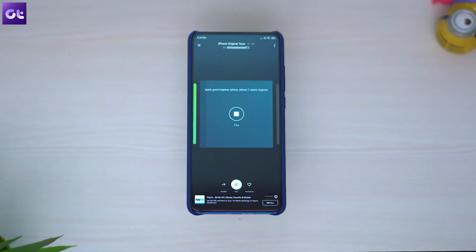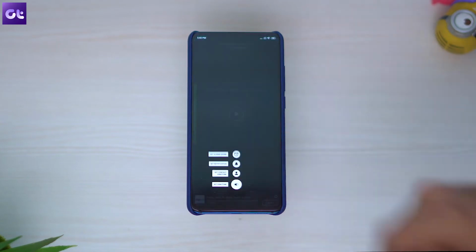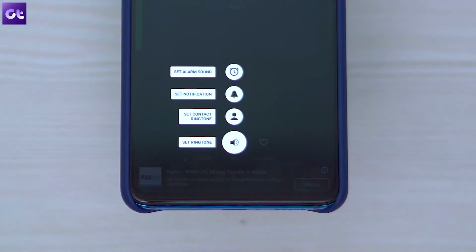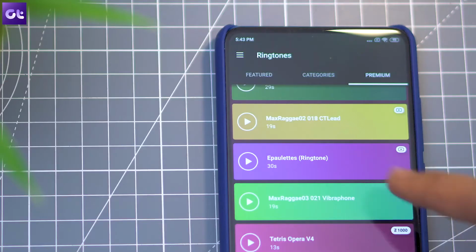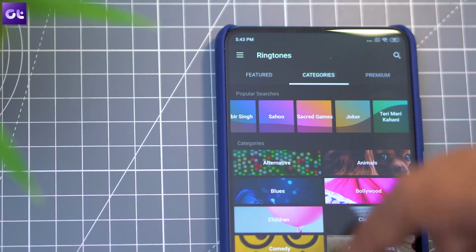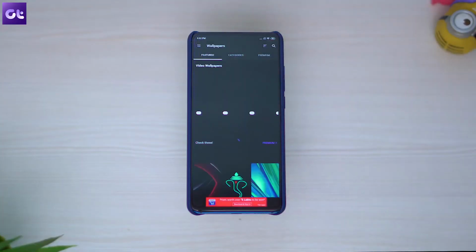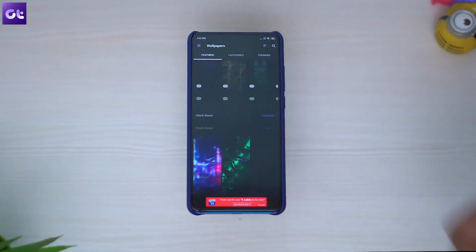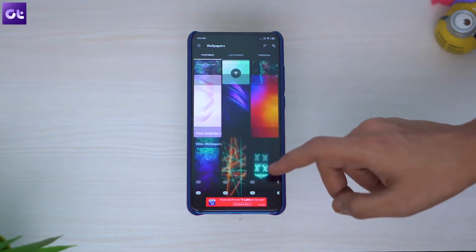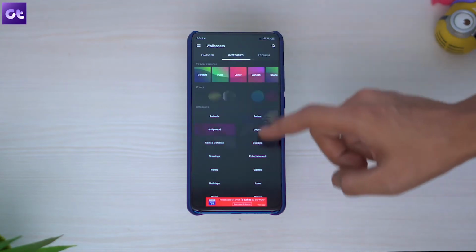If you like what you hear, tap on the listing, and in the following window, tap on the set button to use the file as your ringtone, or set it up as the alarm sound, notification alert, or custom ringtone for a specific contact. What's really great about using Zedge though is that it also features a great selection of wallpapers as well that you can use to customize your phone to your liking. And the only downside is that you'll have to bear with a full screen ad or two while using the app.